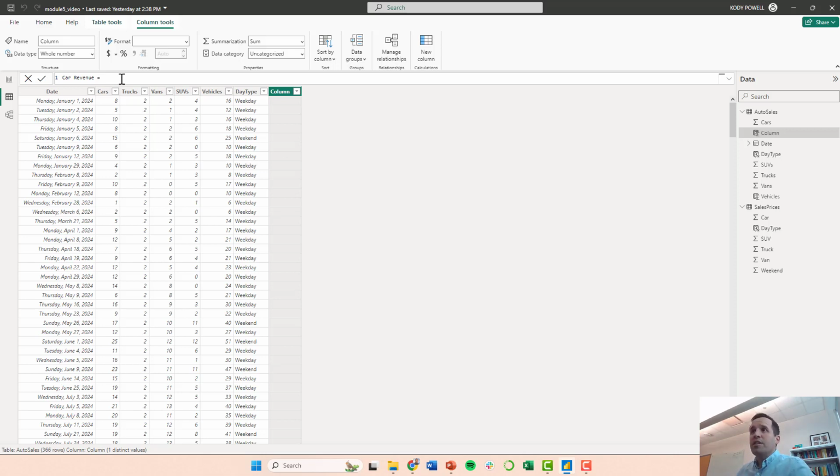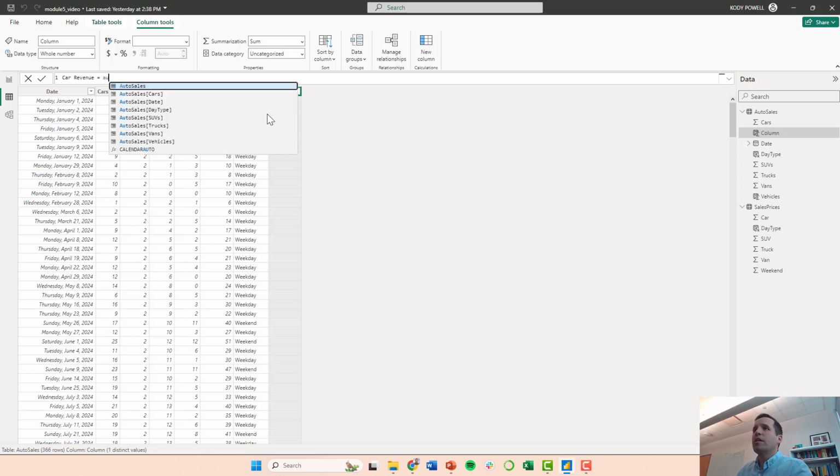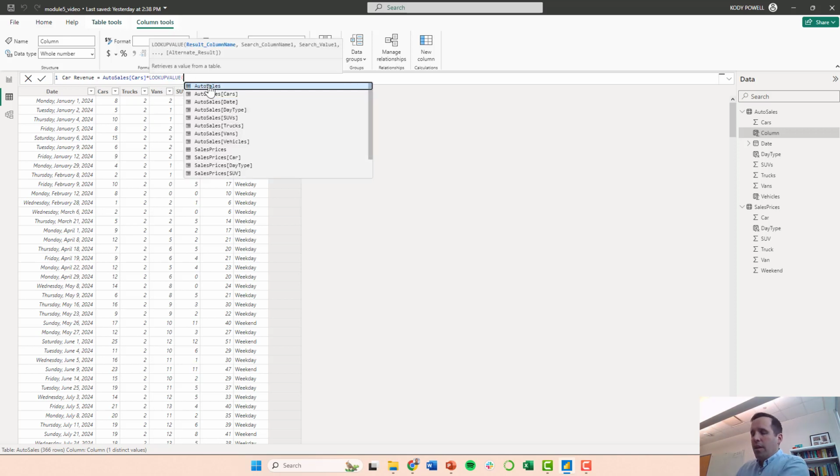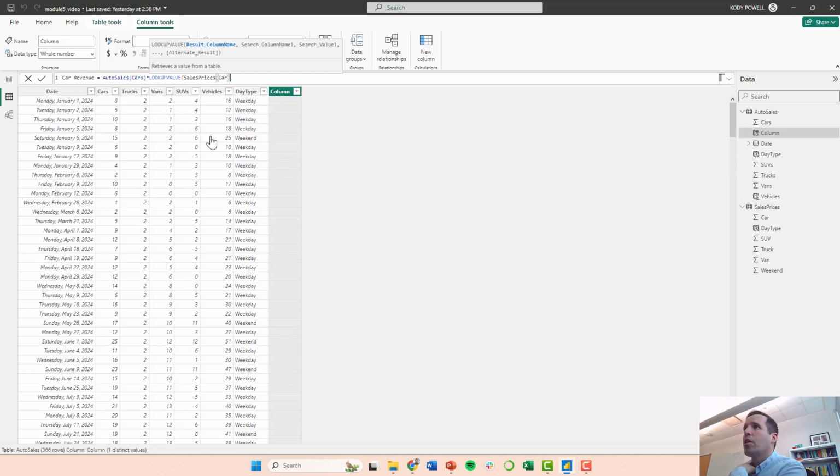What I want to do here is take the total number of cars from this auto sale, so the total number of cars sold in that day, and match this up with the appropriate price in my other table. I'm going to take this total number of cars, and really what I want to do is just match it up with the appropriate price, but I have to grab that price from the other table, and I also have to look that up first. So here I'm going to use this formula, lookup value, and I want to look up something from my other data table. So I want to look up the sales prices for a car,